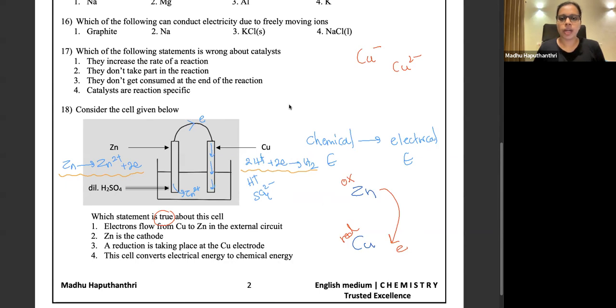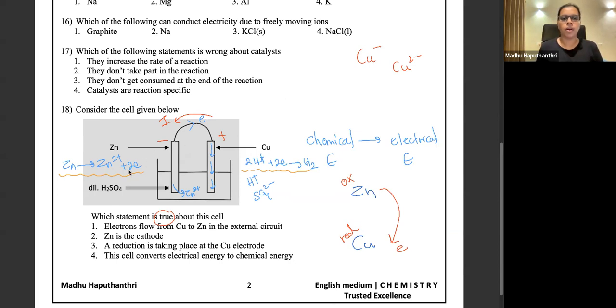Then shall we think about whether this is negative or positive? We'll take it like this. If the electron flow is like this, the conventional current flow is in the opposite direction. Current is flowing from positive to negative. This is how positive and negative come. Look at the electron flow. Conventional current flow is in the opposite direction, from positive to negative.